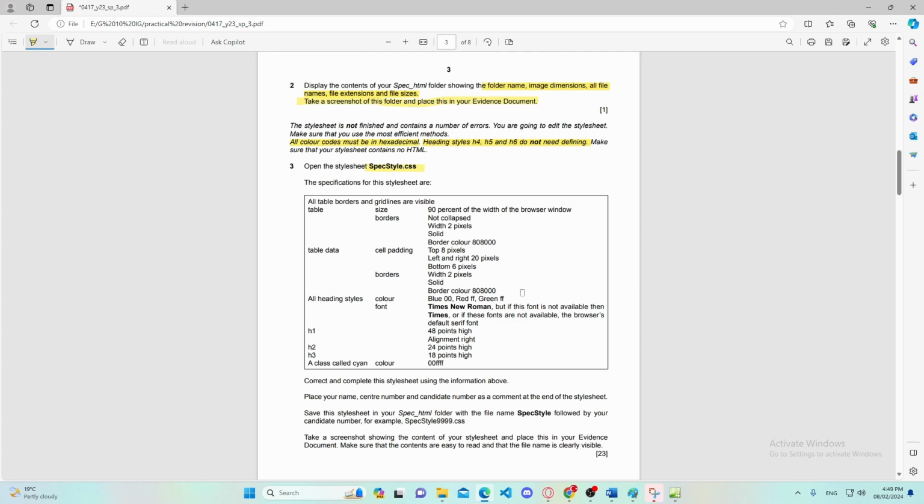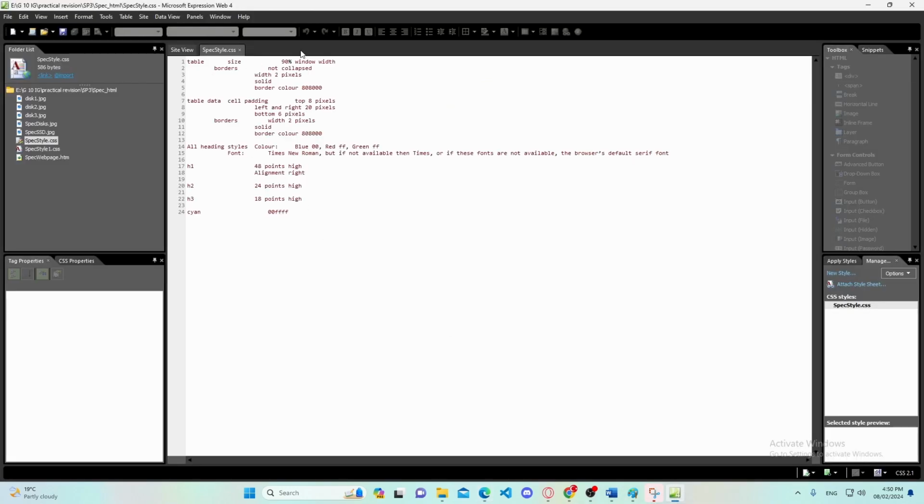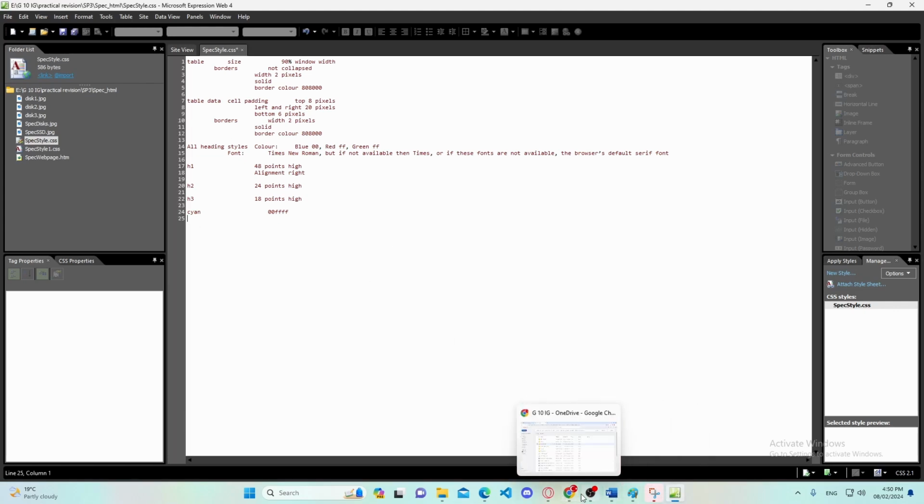So all these are the properties of this style sheet, and the question asked to correct and complete this style sheet using the information above. So we will follow all of this information and correct our style sheet without doing any editing here. So the first thing that we need to do is